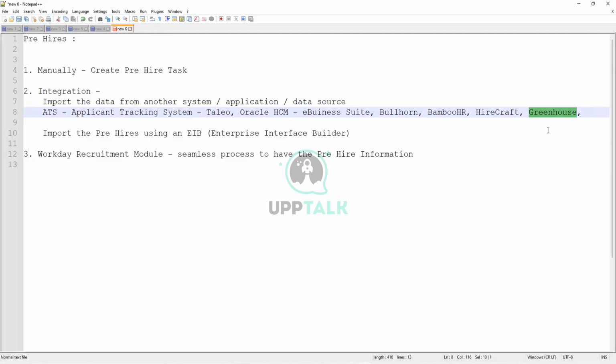Okay, this is another applicant tracking system that is quite common these days. But in India, most Indian companies, the large ones, they use Talio. That's what I know, right? Yeah, but if they do not use an applicant tracking system, they would do it the way Mohan said,